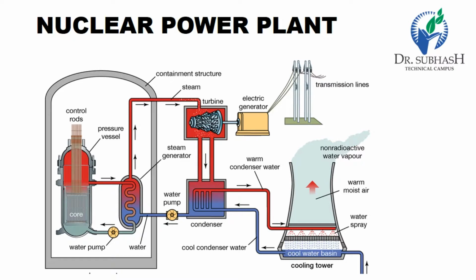The heat energy thus released is utilized in raising steam at higher temperature and pressure. The steam runs the steam turbine, which converts steam energy into mechanical energy. The turbine drives the alternator, which converts mechanical energy into electric energy. The most important feature of a nuclear power station is that a high amount of electric energy can be produced from a relatively small amount of nuclear fuel as compared to other conventional types of power station.